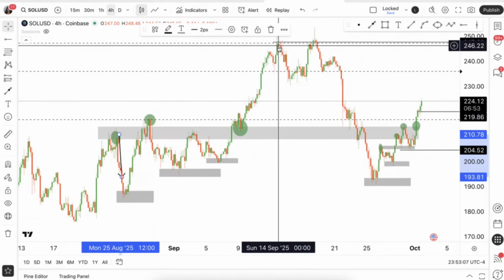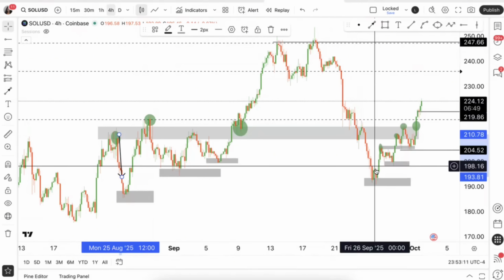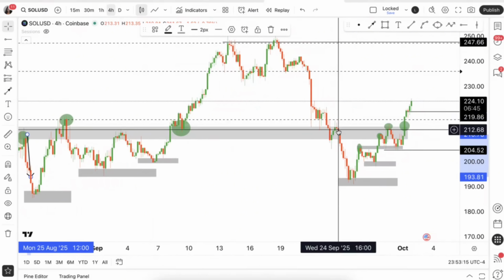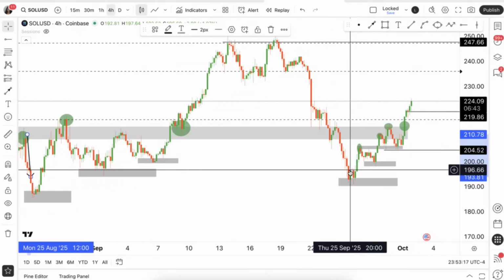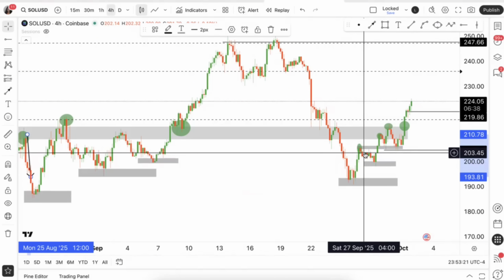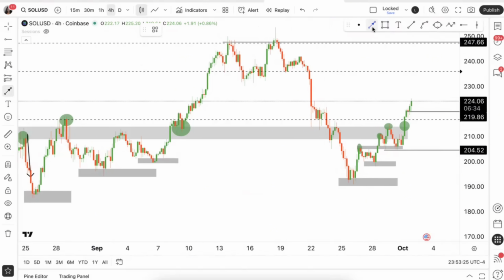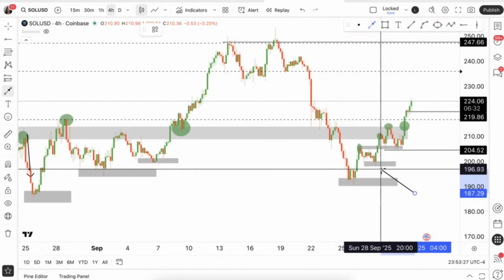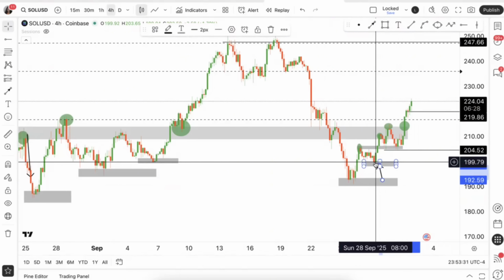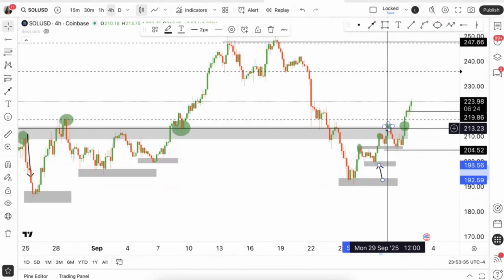Solana made a push, ended up consolidating here later on, giving up and then selling off super hard. We have a lower high, a lower low. Then price makes a lower high, higher low. So once again, we have that same thing where price starts giving us clues. So now we have a higher low. We pick up on this higher low. Price ends up breaking that lower high it made. And now it's starting to build up.